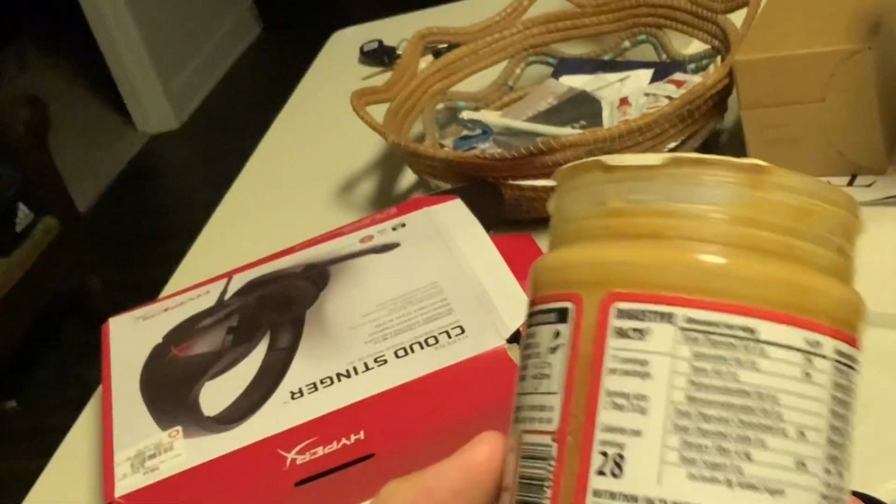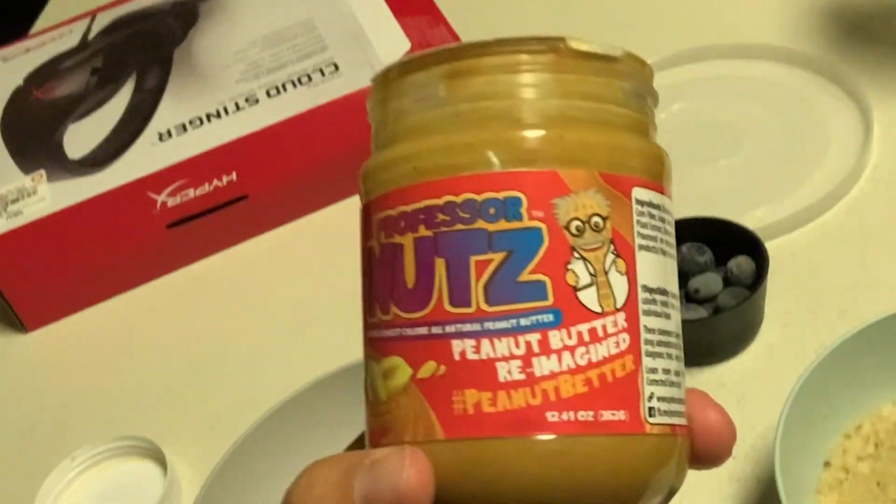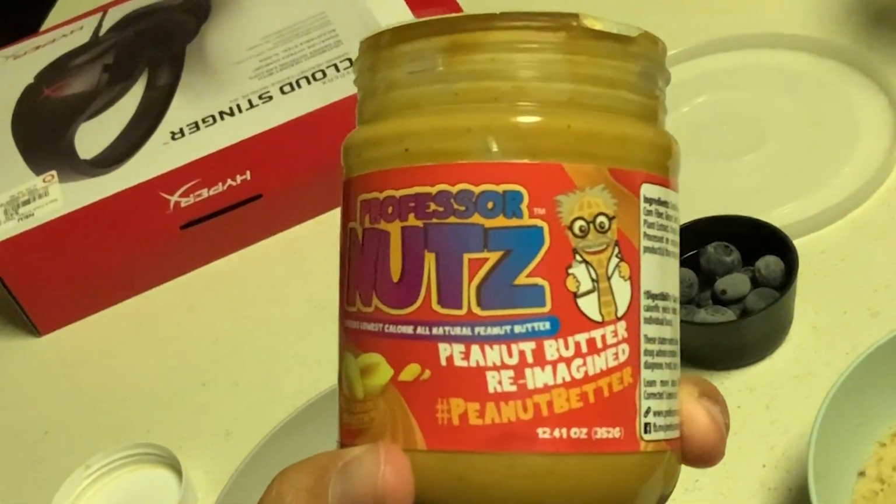Yeah, so basically, this is by Professor Nuts peanut butter. I'm sure some of you have seen that on Instagram, some other influencers using it, eating it. But the great thing about Professor Nuts is that it's really low calories, so you can eat a little more of it than normal peanut butter without all the other calories. But the reason why it's 28 calories is because